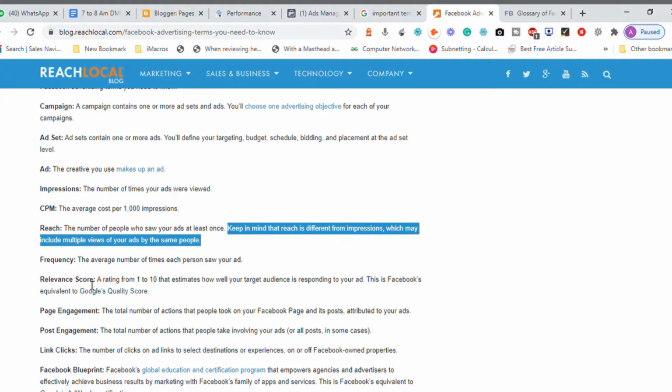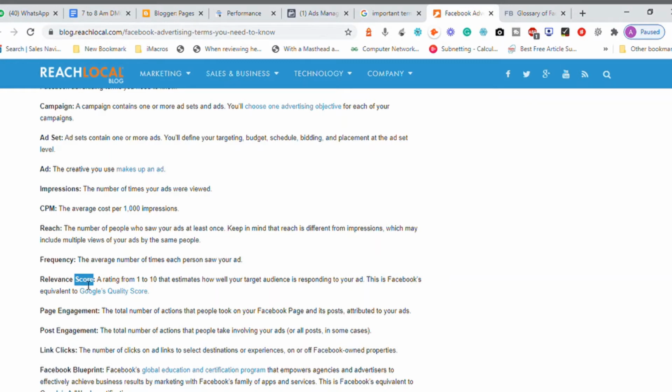And relevancy score. When you create an advertisement, you give the title, the description, and also a link where the advertisement details will be available. The ad copy, the ad text, and the details inside the landing page should all be relevant. They should not be irrelevant.